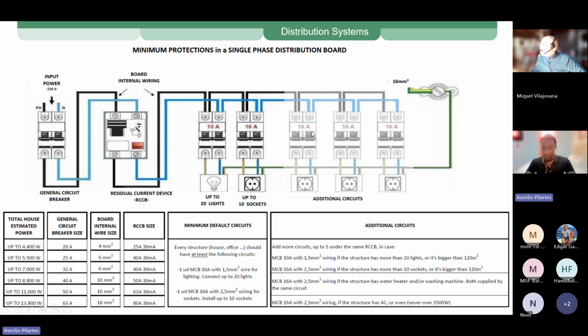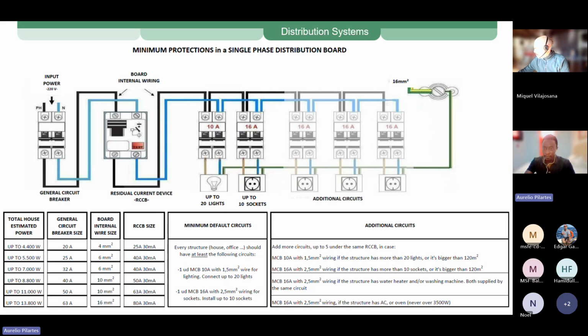You might have more circuit breakers of 16 for sockets and more circuit breakers of 10 amps for lights, depending on the number of terminal elements you have in your circuit, so the size of your installation. You could also have a 32 amp circuit breaker or 20 amp circuit breaker if you have special circuits to feed big machines with high currents that cannot fit in 16 amps. Usually for this case, we can use like a 10 amp circuit breaker and send this circuit specifically for that